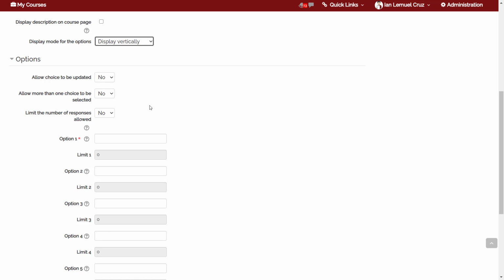Allow more than one choice to be selected. So that depends on the question. For my case, there's only one. I'm only expecting one response from each student or user. And then the third option, limit the number of responses allowed. If you want to set a limit per option, then you have to choose yes for this particular option. For my case, I'm not setting up a limit, no, but